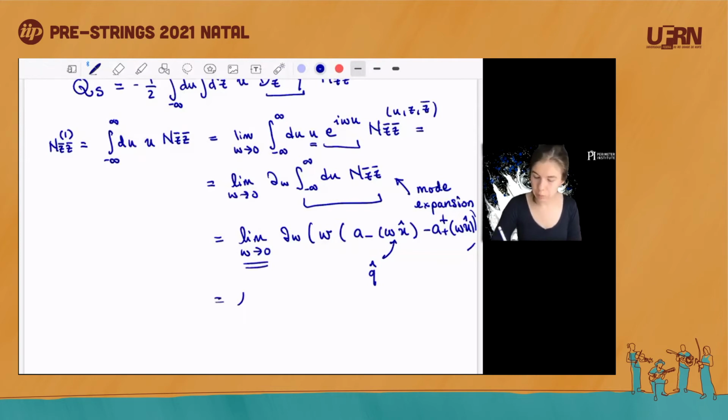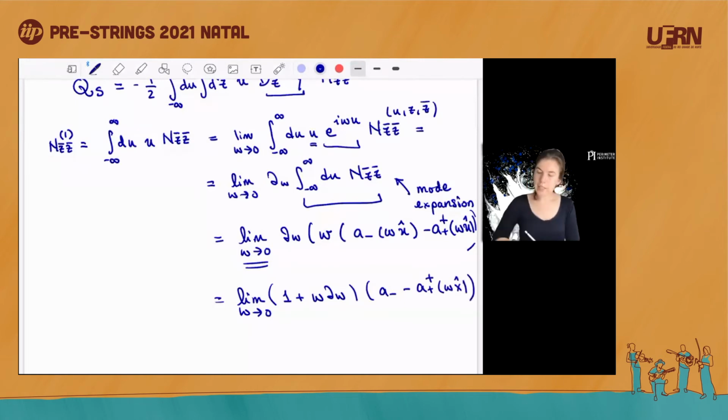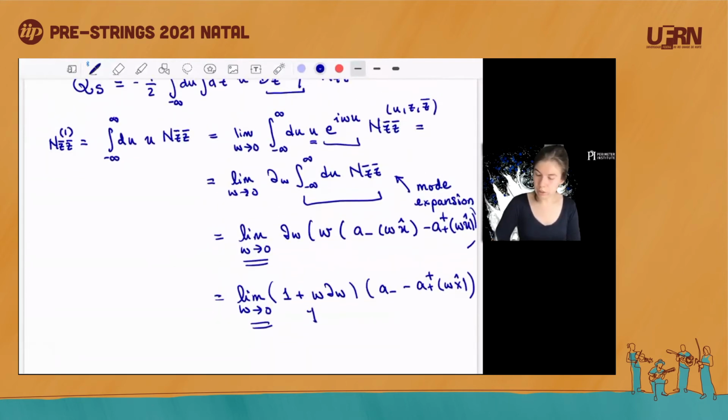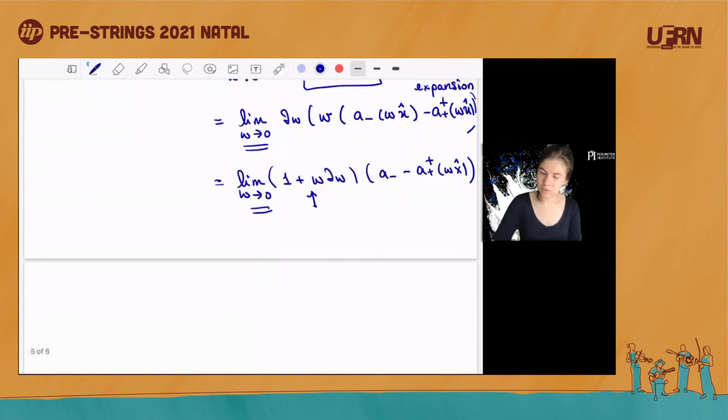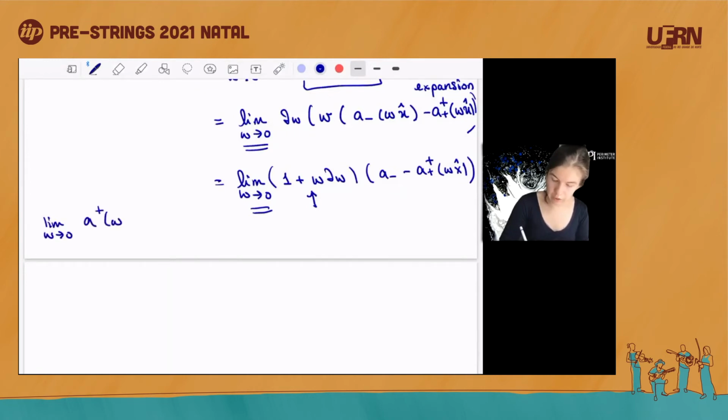So let's break it down a little bit. This can also be written as the limit as omega goes to 0 of 1 plus omega d by d omega of this particular combination, a minus minus a plus dagger, which are both functions of omega x hat. And you can show that this operator projects out the leading soft pole. So if one just had the limit as omega goes to 0 of a dagger omega x inserted into the S matrix,